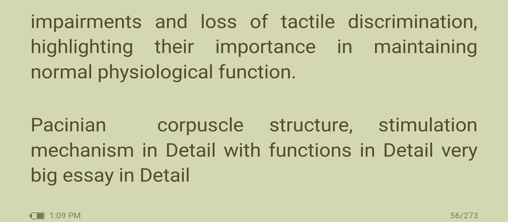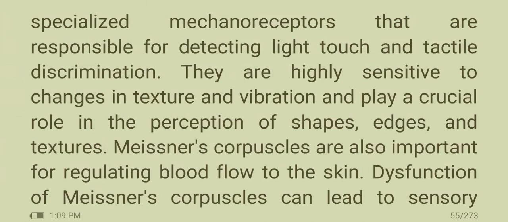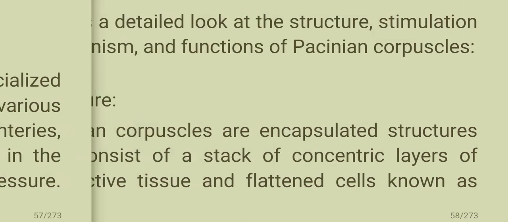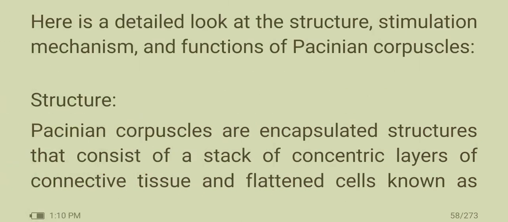Then, Pacinian corpuscle in detail, its structure, stimulation mechanism, and its functions. So, Pacinian corpuscles are specialized mechanoreceptors that are located in various parts of the body, including the skin, mesenteries, and peritoneum. They play a crucial role in the sense of touch and the perception of pressure. Here is a detailed look at the structure, stimulation mechanism, and functions of